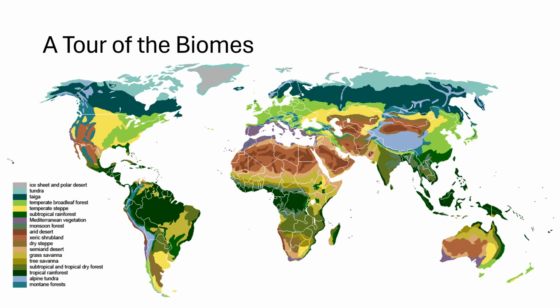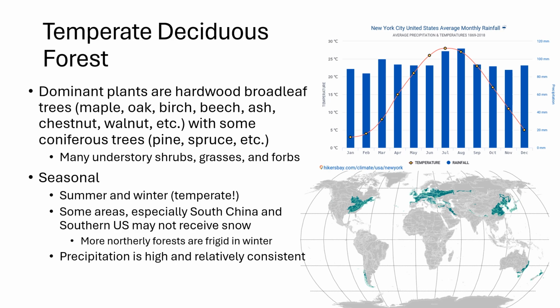So from the temperate grasslands, at the same latitude, we're going to be moving into the temperate deciduous forests. If we were to be moving north, we'd be moving into the boreal forests, and we'll talk about the deciduous forest next. So the temperate deciduous forest is going to occur at the same latitude, more or less, as our temperate grasslands, but it's going to occur in areas that get higher precipitation, sometimes higher seasonally, but usually consistently high precipitation, as you see on the climatograph on the right